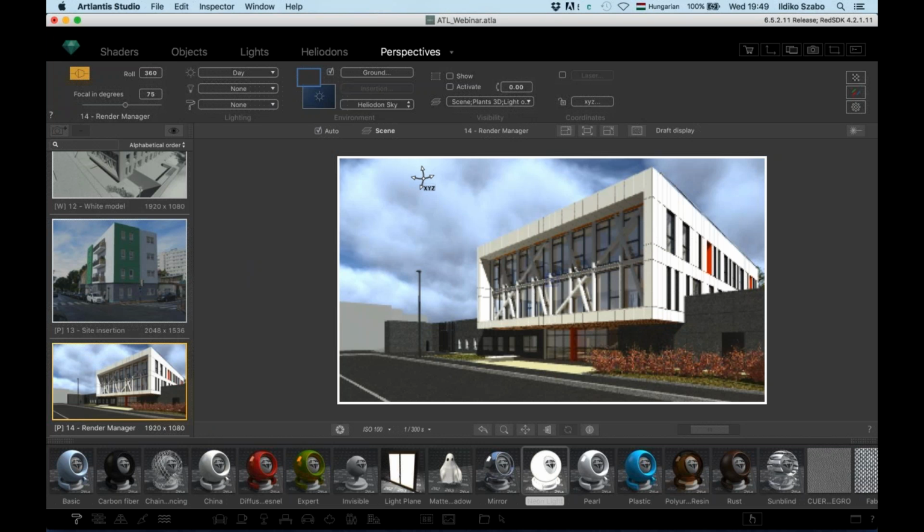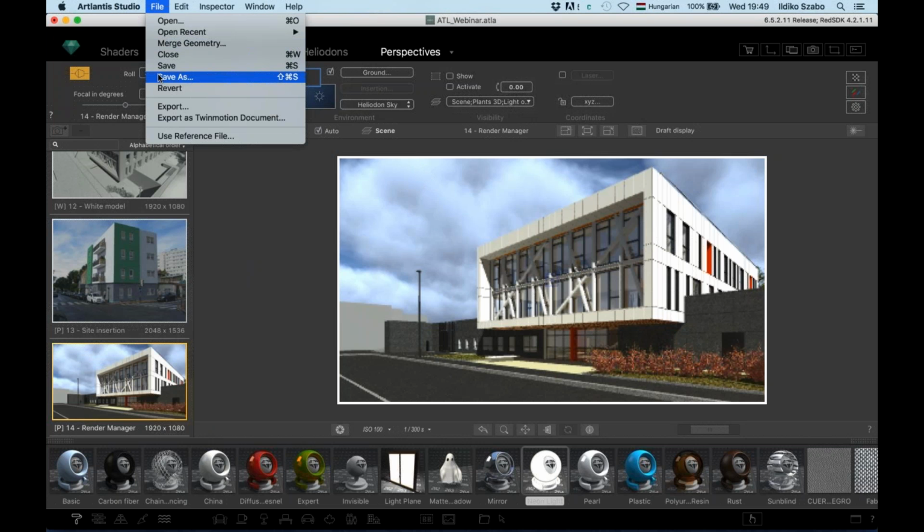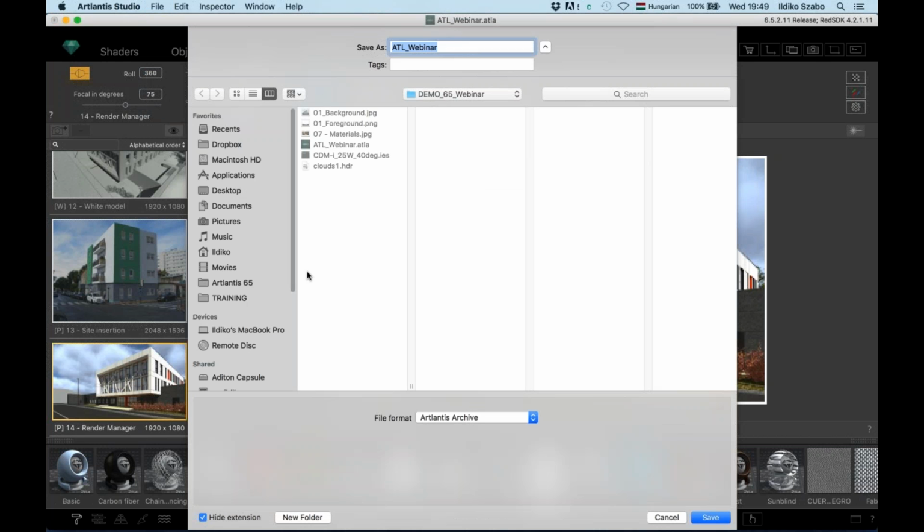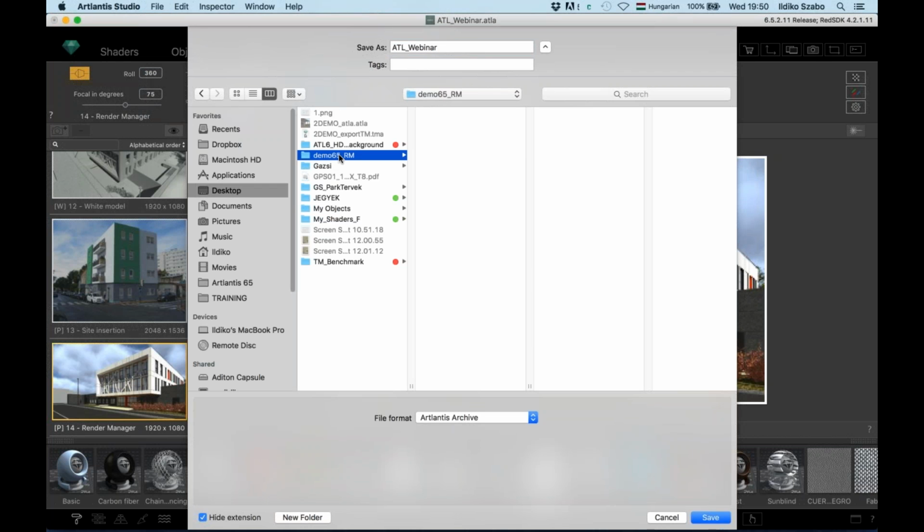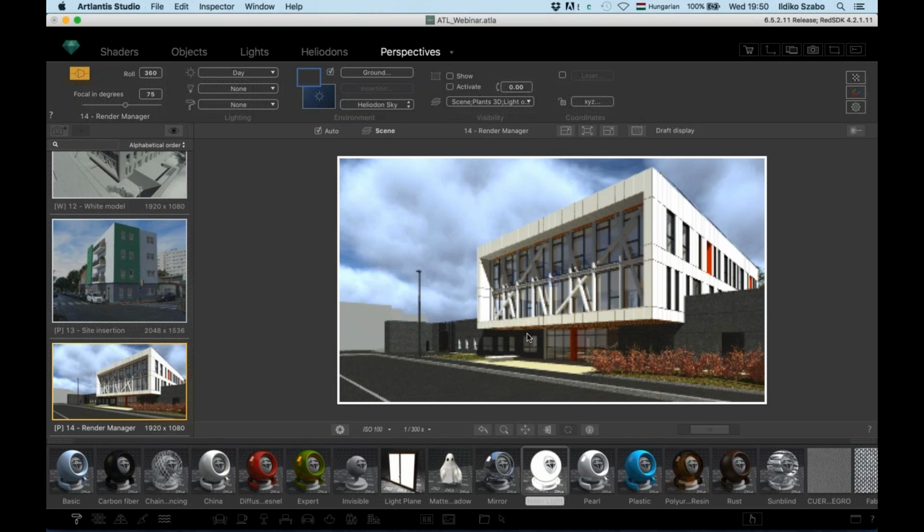So how does it work? First of all, let me save my file in an archive format. So I go Save As on the desktop. I prepare the folder for it, okay, and give it a name. Artlantis archive file. The archive accumulates next to the Artlantis native file all the media, shaders, materials, objects, and this is